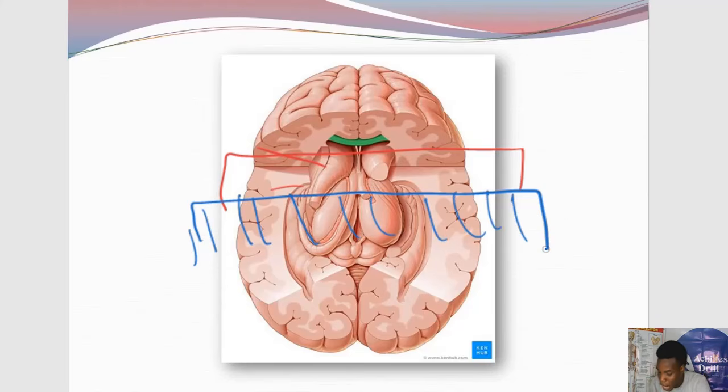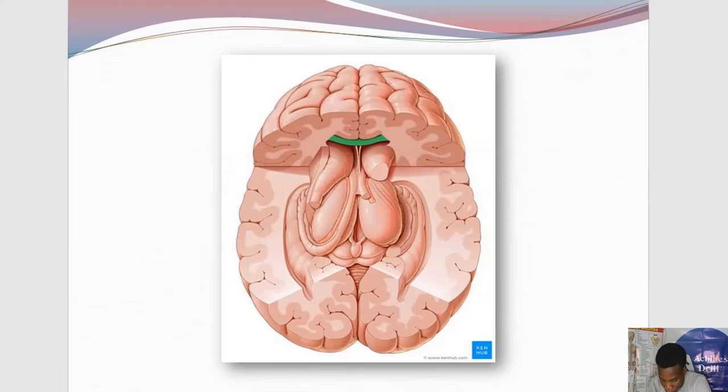In this part, our more prominent structure will be the thalamus. Okay, the thalamus will be the more prominent structure here, because we won't really be having the caudate nucleus there. It will still be there, but we'll just be having a small part of it, the body. Okay, if we are making our cuts in this section, we'll still be having a caudate nucleus. It will just be a body,